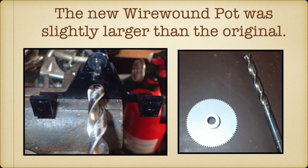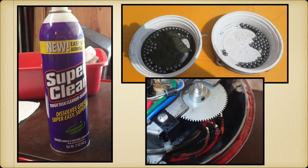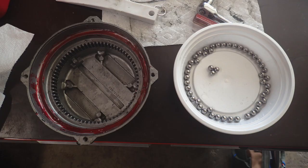So a couple of minutes later with a drill, I drilled out the assembly and drilled out the gear, and no problems. Here we go. Put it back together and make sure you have the right clearances and stuff, and clean the ball bearings. Do it 2 or 3 times until your super clean comes back clear,